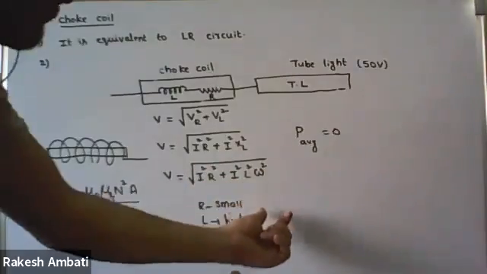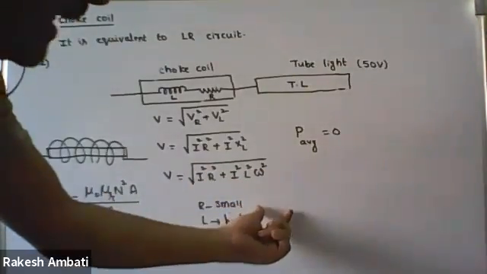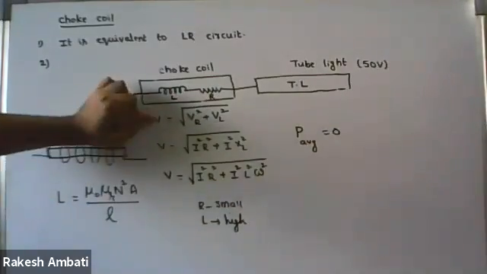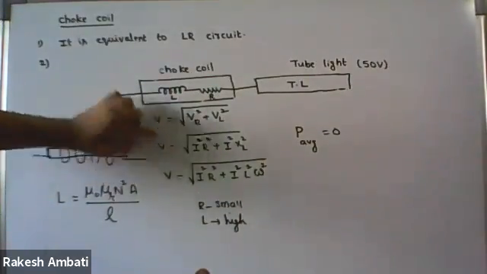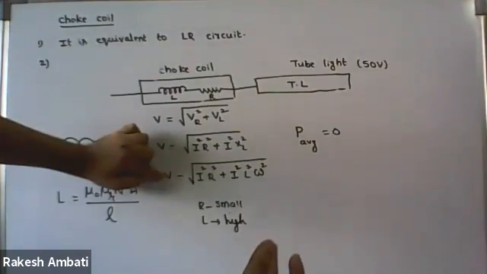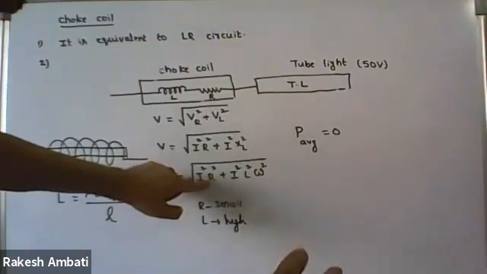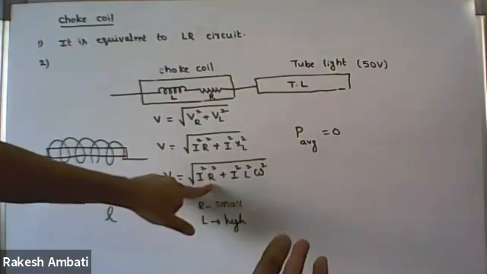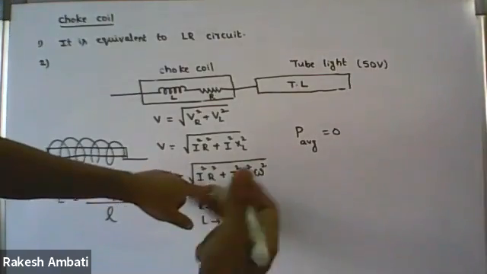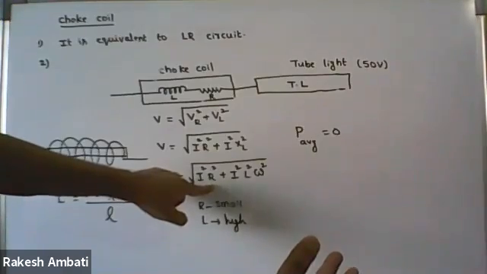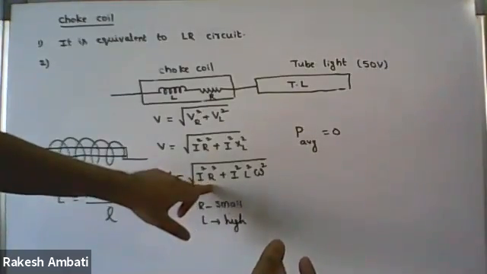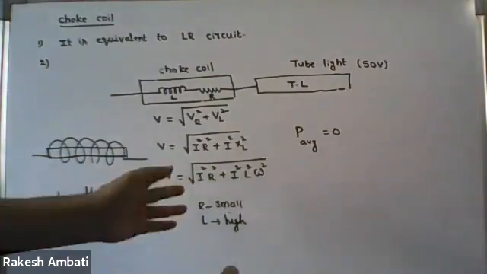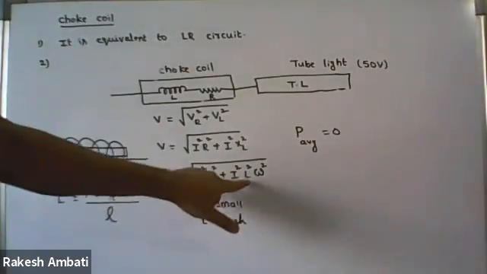If we are supplying 220 volt, then out of the 220 volt, across the choke coil more potential has to be dropped. For getting more potential to be dropped, the alternatives are we have to increase R or L. But by increasing R, what is the disadvantage? More power loss takes place. So we cannot follow this method. The comfortable way is increasing inductance.